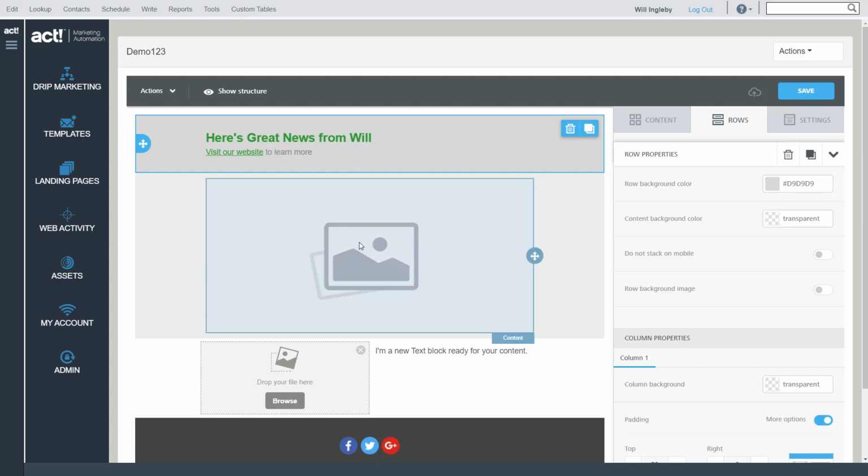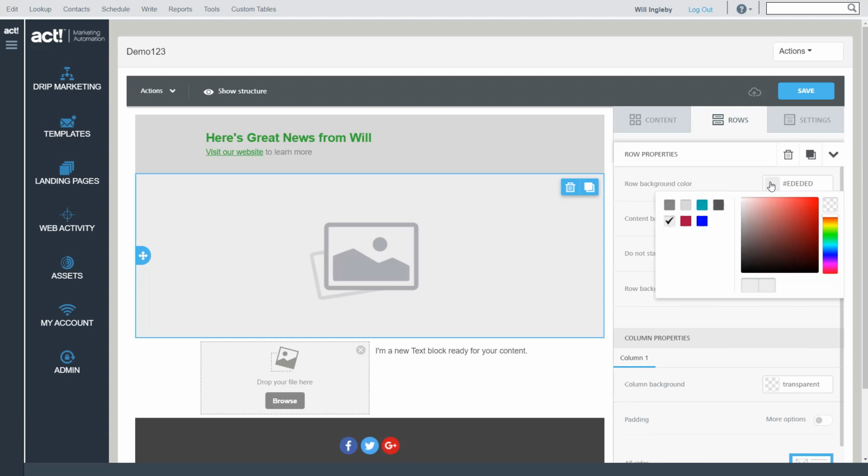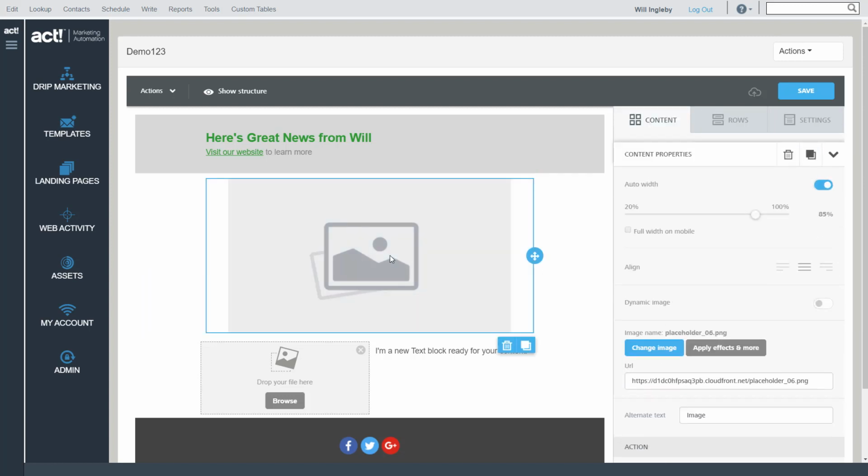Let's look at the component below, which is an image placeholder. So again, this has a grey background. Maybe I want to change that grey background and put in just a transparent background, so nothing behind it. But I now want to replace the image with something else. So if I click on the image, you can see that the image is set to